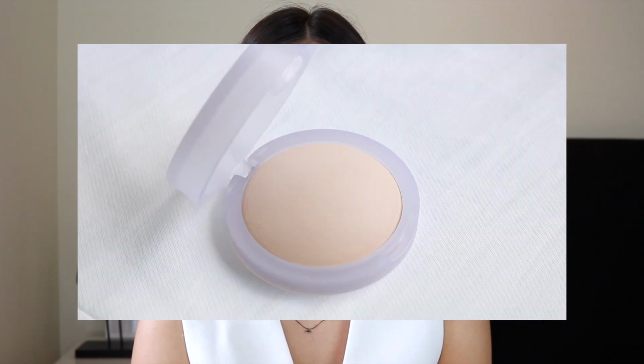So moving on to actual makeup, the first thing I have is the Kosas cloud setting powder. I don't know the actual name of this, in the shade Breezy. It looks like this. It's like a baked setting powder. Jamie Page has been raving about this so much, so I obviously had to try it, even though we don't even have the same skin type. I don't know why I'm showing you this. There's nothing there. It's a super light powder that's just supposed to set your skin